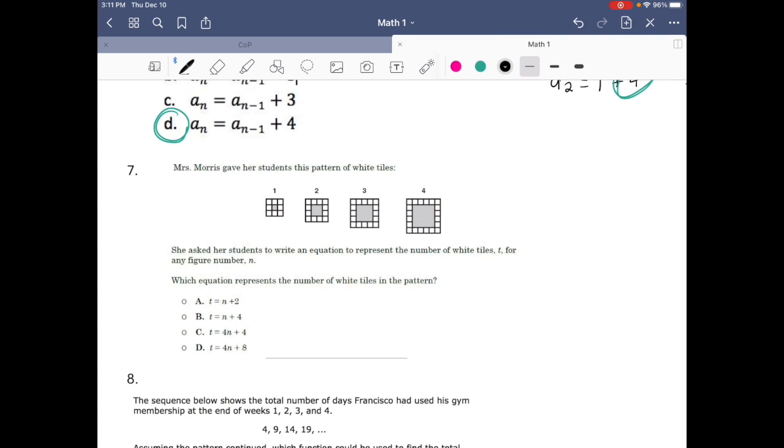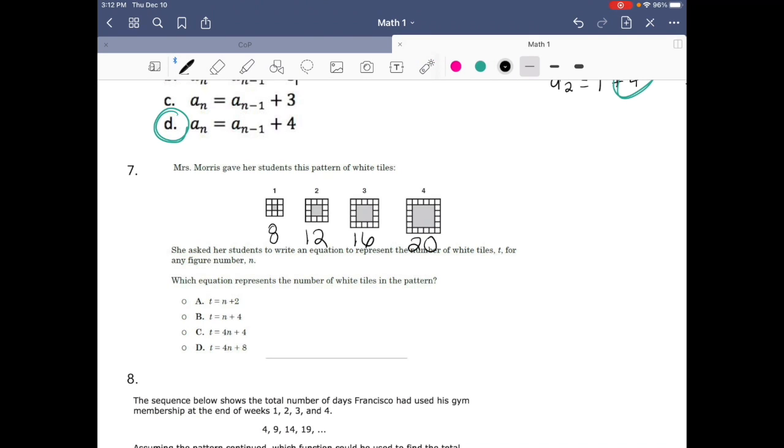Miss Morris gave her students this pattern of white tiles. She asked her students to write an equation that represents the tiles for any figure. So the white tiles is what we're looking for. In the first figure, we have a total of 1, 2, 3, 4, 5, 6, 7, 8 tiles. Then in the second one, we have 4, 5, 6, 7, 8, 9, 10, 11, 12. And the next one we have 5, 6, 7, 8, 9, 10, 11, 12, 13, 14, 15, 16. And then in the last we have 6, 7, 8, 9, 10, 11, 12, 13, 14, 15, 16, 17, 18,